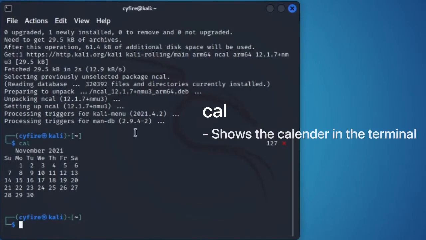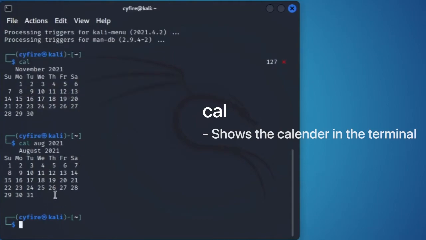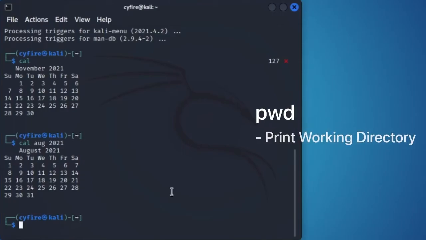We can also view a specific month from a specific year by using cal, just like this cal. And let's say we want to see August 2021, AUG and then 2021. So this is the calendar for August 2021. The next command is pwd,